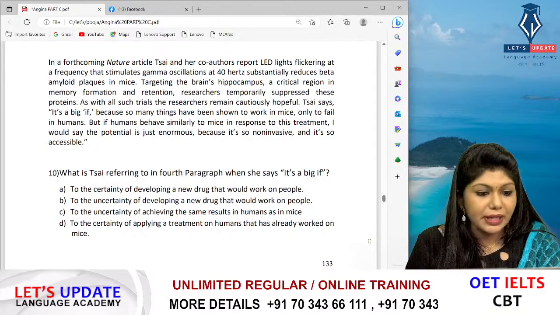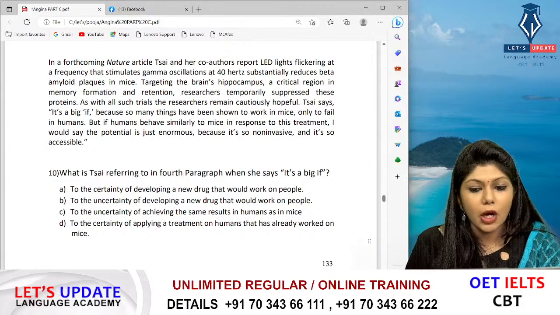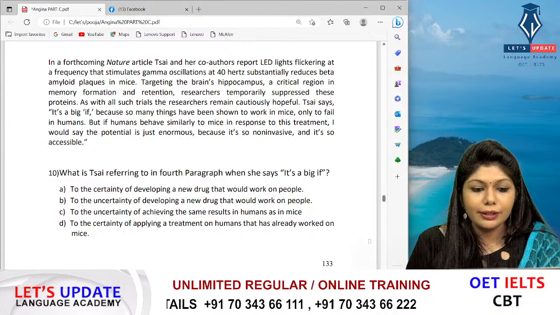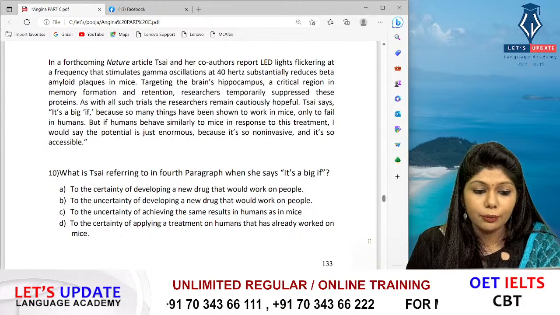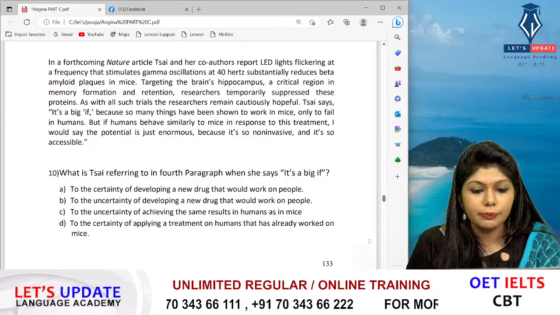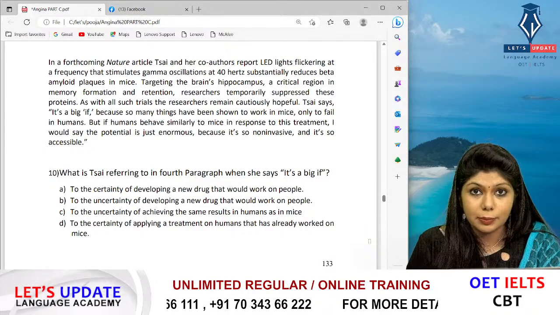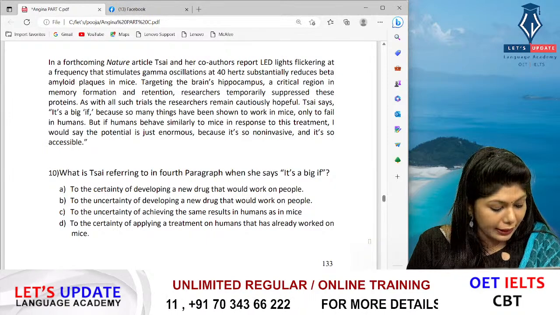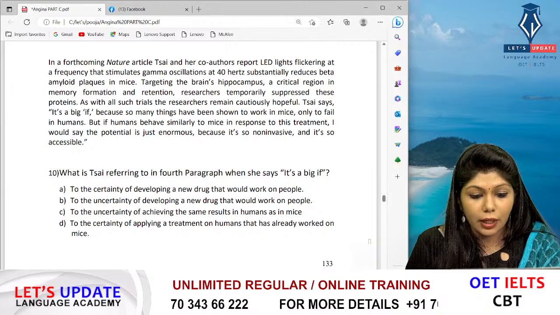Tsai says it's a big if because so many things have been shown to work in mice only to fail in humans. But if humans behave similarly to mice in response to this treatment, I would say the potential is just enormous because it's so non-invasive and so accessible. So that was what the paragraph was about, and the question is what is Tsai referring to in the fourth paragraph